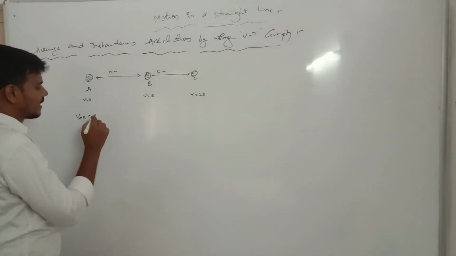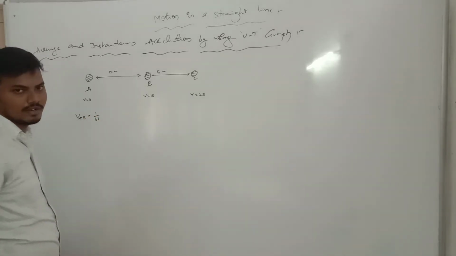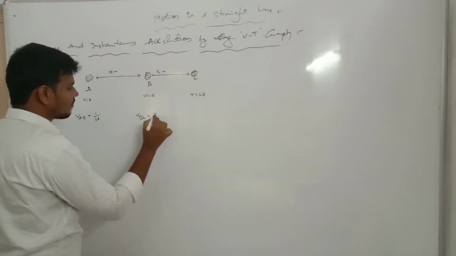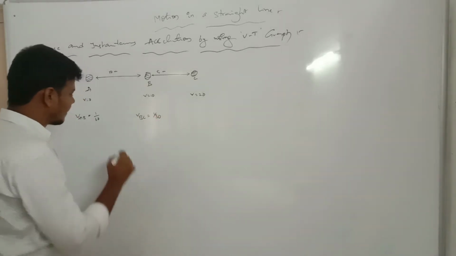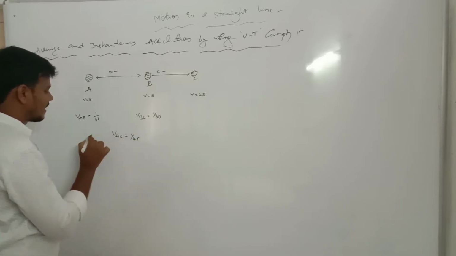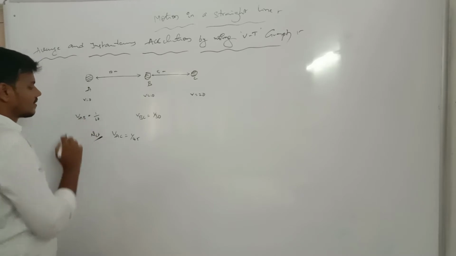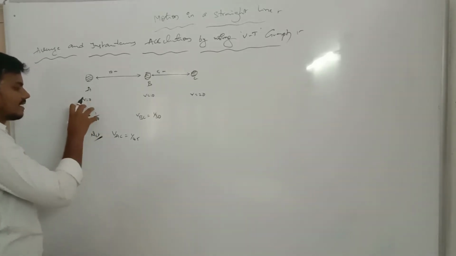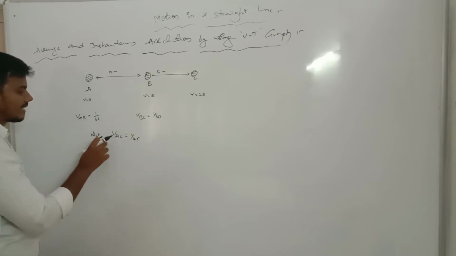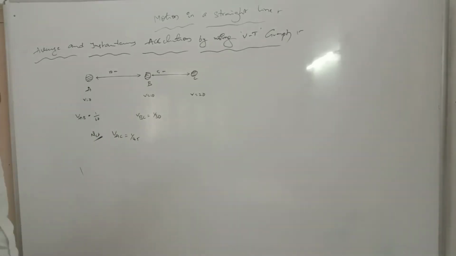A to B position we took 1 by 60, from our previous class. B to C position 1 by 30. Okay, A to C position 1 by 40. This is the net one. This is the average one. There are two averages we are taking, and for the A to C position we get the numerical value 1 by 45. Okay, right?